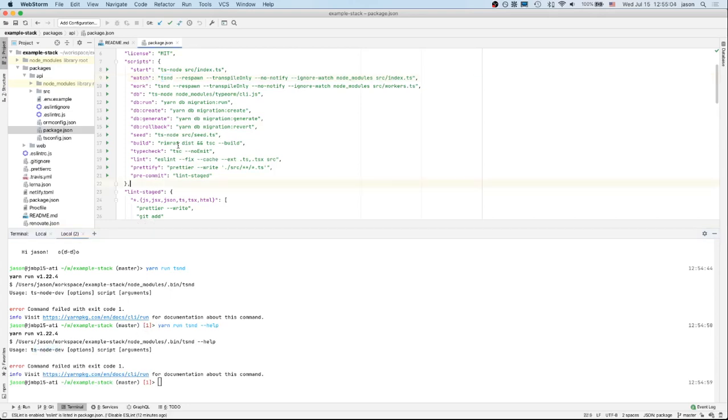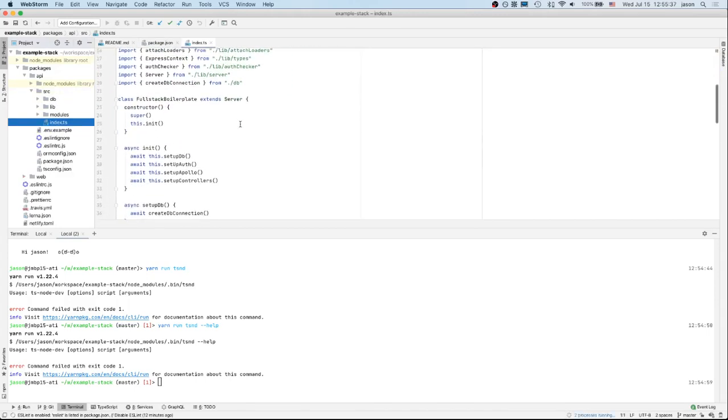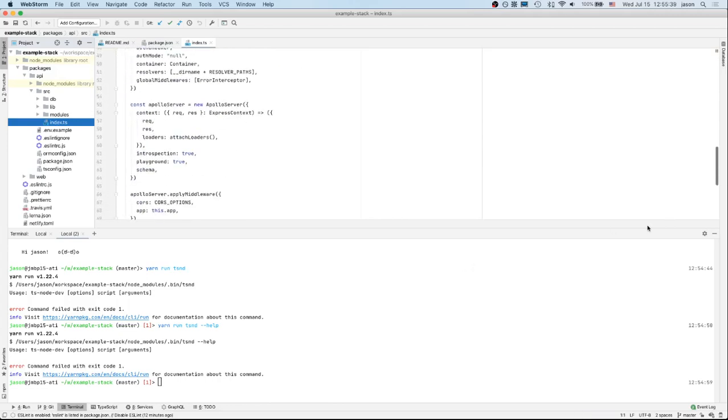So it's the same as running that. We're working in the TypeScript package here. And it's basically saying, dash respawn is if you get killed, try to restart your program. I won't go into too much detail on all of these because it's not relevant right now, but just know the last part says to look in the src folder, the source folder, and look at the index file to run this file. And all this file is, is just the server that sets everything up and lets